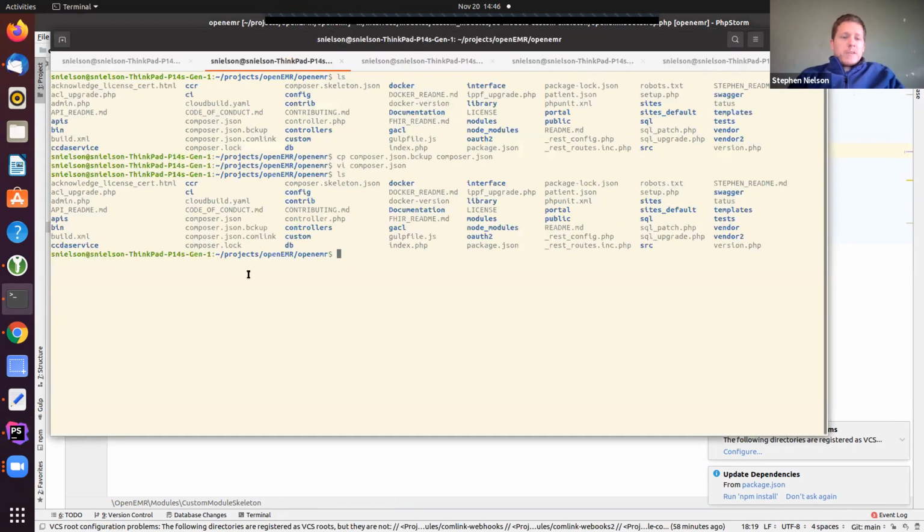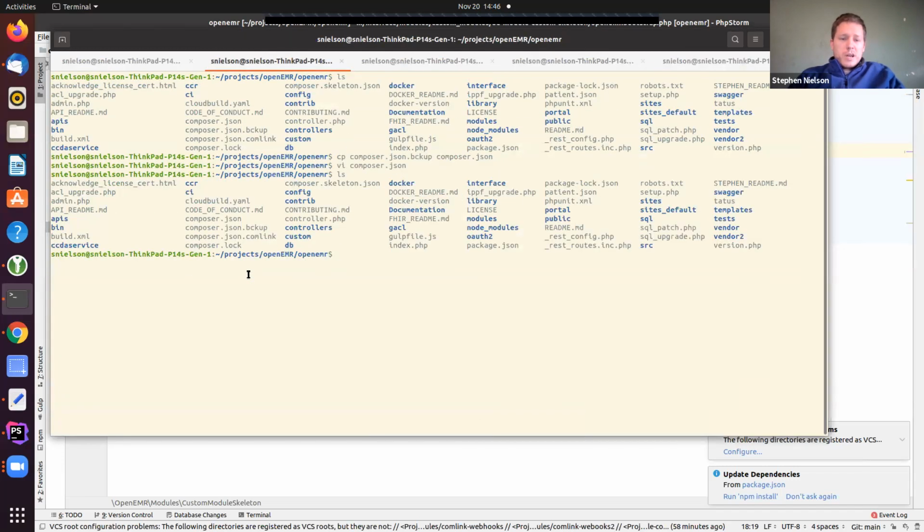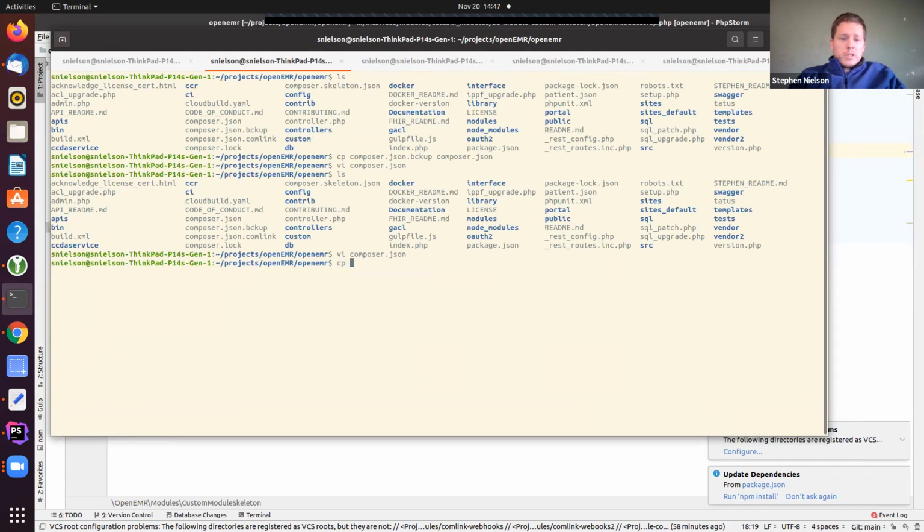Well, if you want to get around that problem for development purposes, the way that you do that is with the composer file. So if you come here to composer, you can see that it's got this autoloader here for the OpenEMR tests and all of that. So if we want to load our module, I'm going to just copy this file over here.